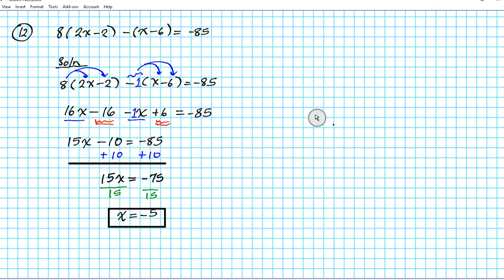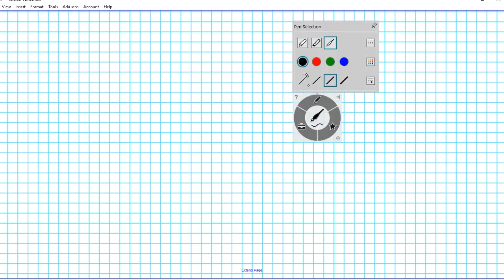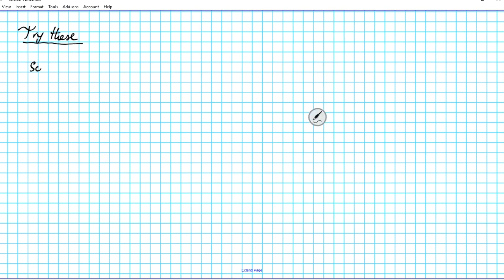Alrighty, so congratulations on making it through these examples. It's now time for you to do some practice problems. We'd like you to try these. Just try these problems, and when you're done trying them out, click on the play button, and then you see what the answers are. So you have to solve the following